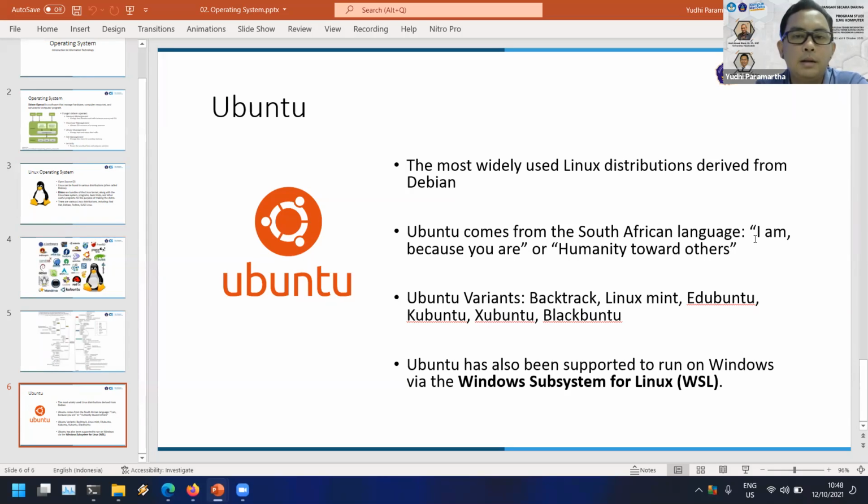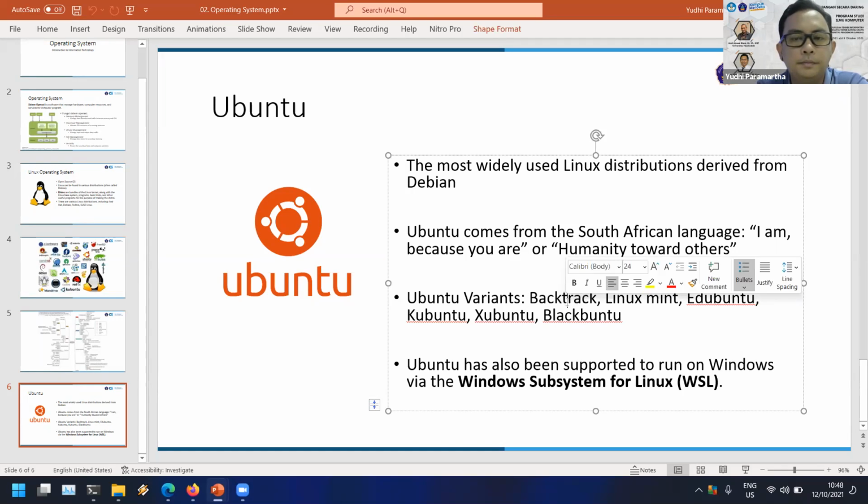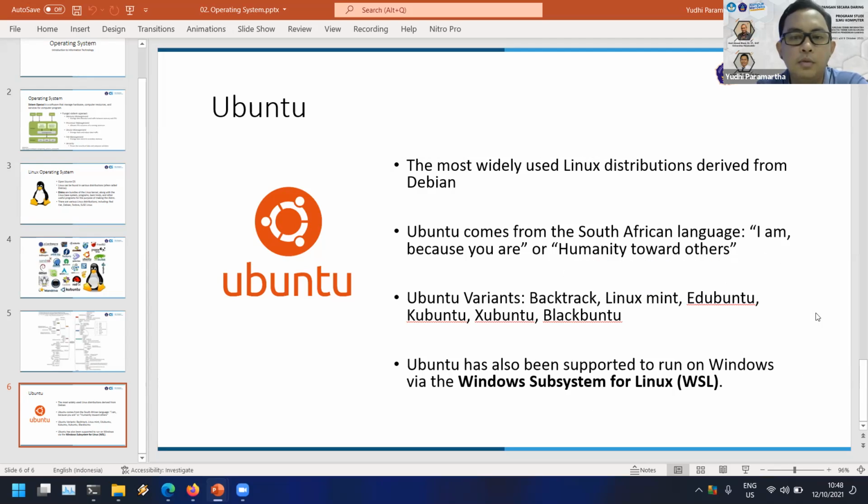And there are Ubuntu variants, like BackTrack, which I think is for hacking, then Linux Mint and Ubuntu for education. The Ubuntu versions use two user interfaces: the first is GNOME, and the second is KDE. The KDE version of Ubuntu is called Kubuntu.